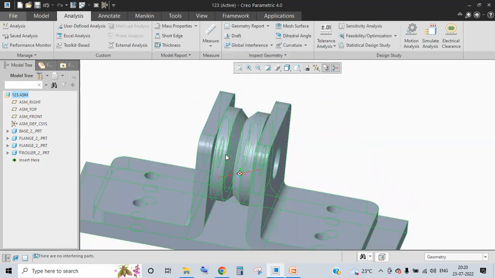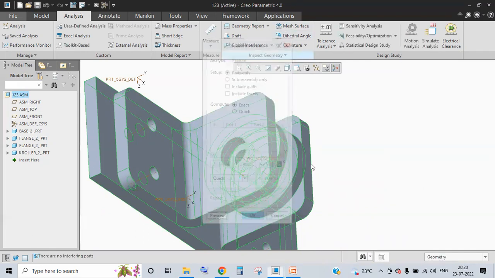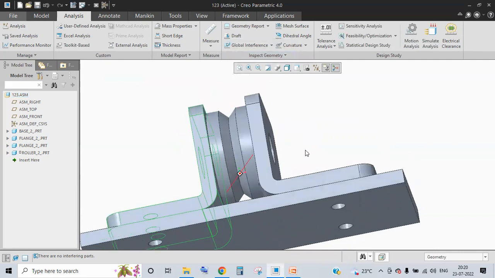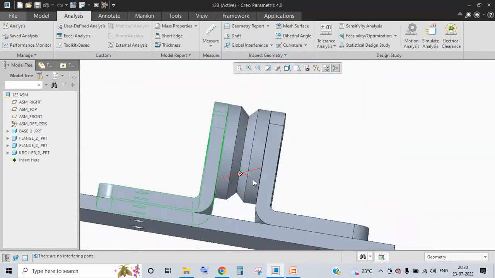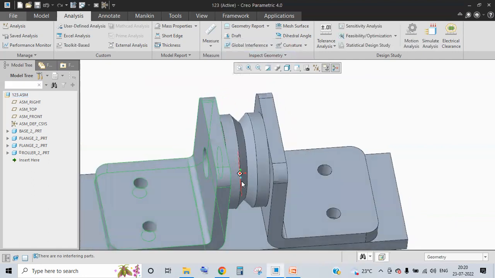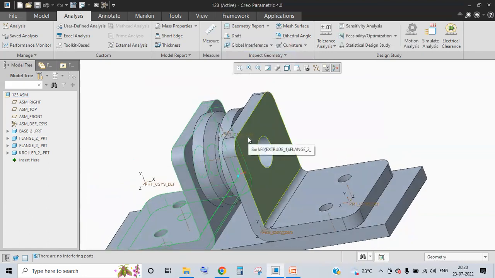Oh, I did not get the results. Why? I see there is no interference between these parts. If there were any interference, it would have shown us, but there is none. So I will try to create some clash here. Now I want to edit